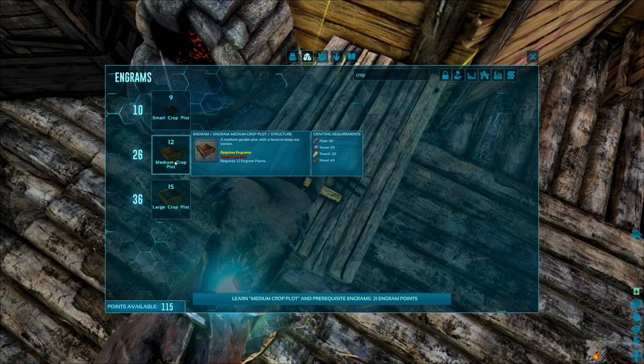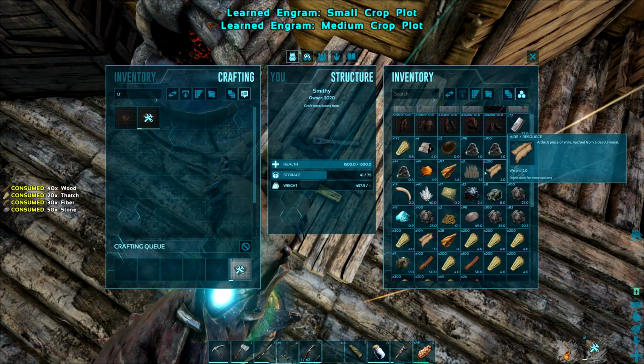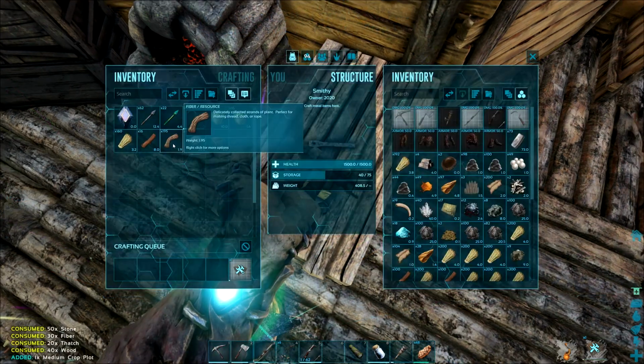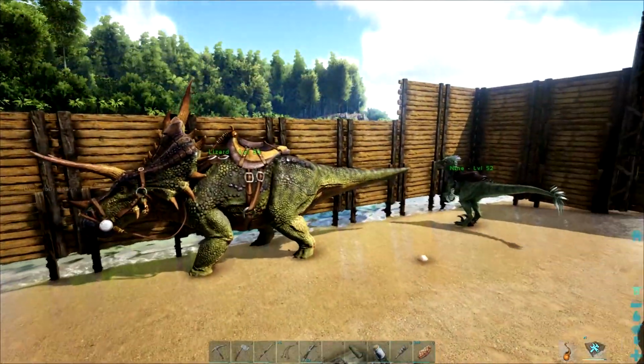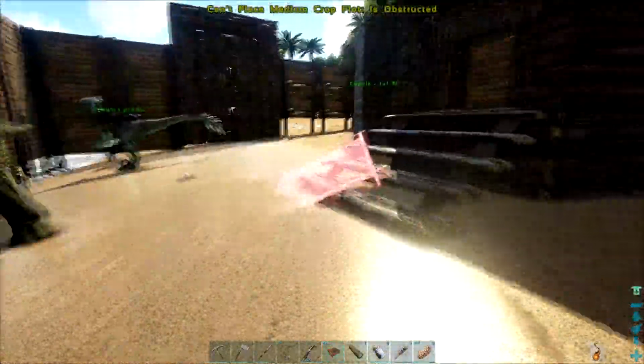So crop plot, medium crop plot, and then build exactly 4 of these. Oh, I'm gonna need a lot more stone. Let me do that. It would be very nice to have a Doedicurus. That would actually allow me to get tons of stone very easily without having to just hatchet rocks